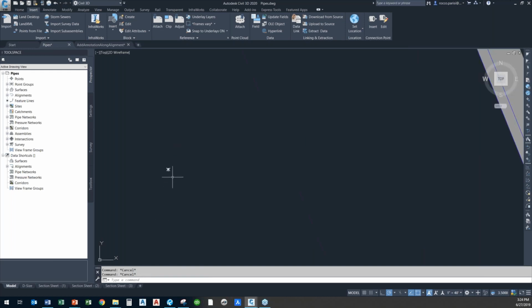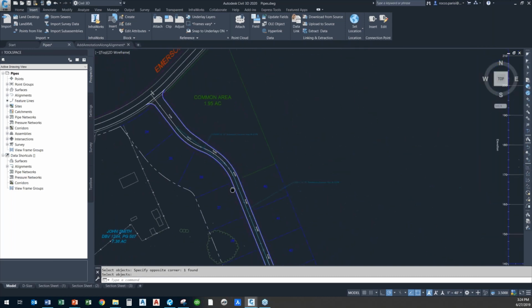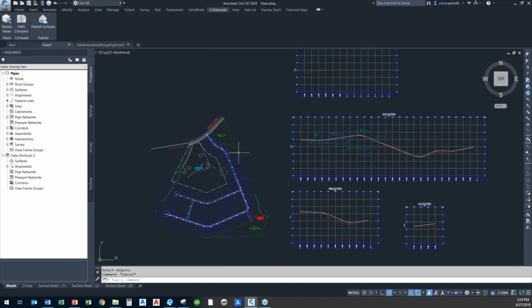And the last one, I'm just going to erase that block real quick, that I think is a really nice tool. And if you guys missed this in the 2019 updates, it's the idea of the drawing compare, here for Civil 3D, and it can be really, really useful. So what we want to do is go to the Collaborate tab, and you'll see here you have the DWG compare tool built in, and what that lets you do is do an overlay of two drawings. So it's an ideal way to, I'm just going to zoom out a little bit so you can see it, to do